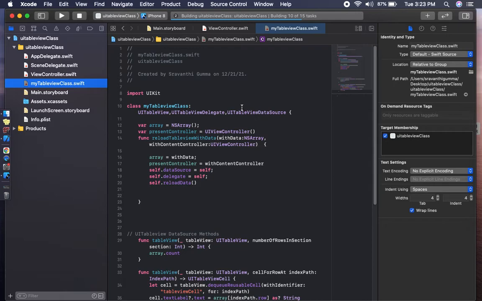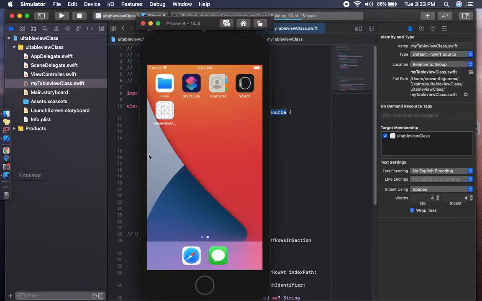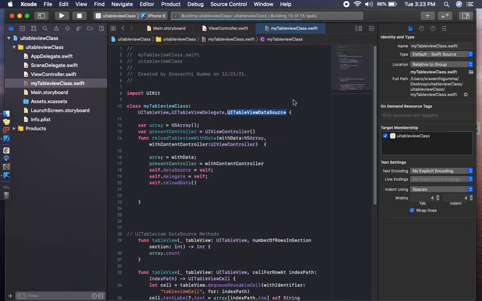What are the data source methods in table view? The simulator is running, so I am showing that data source method.